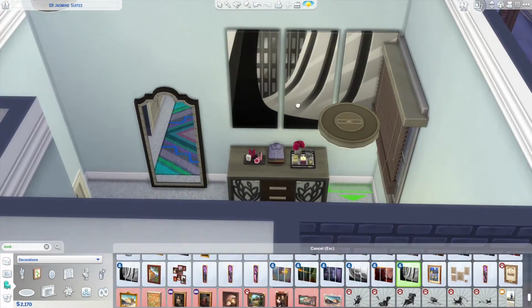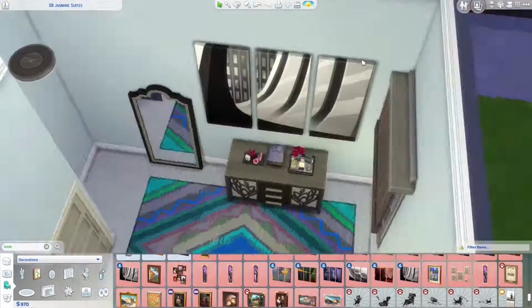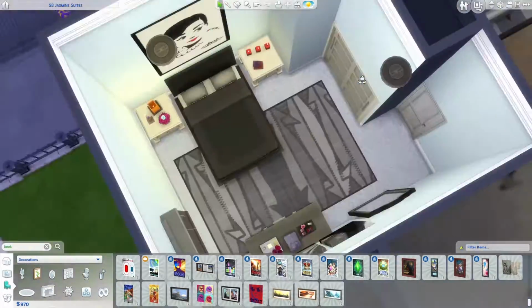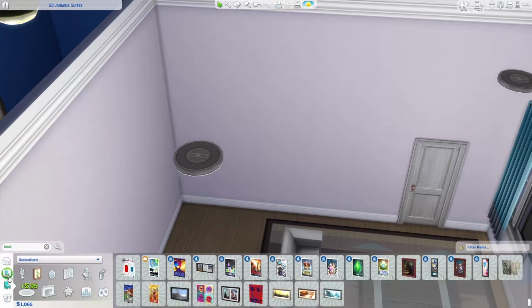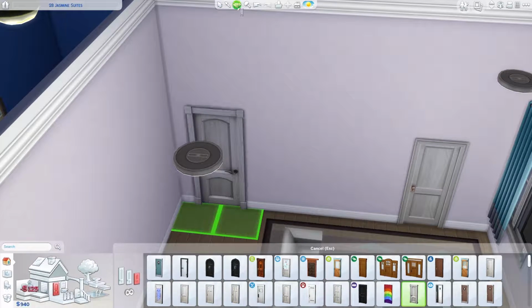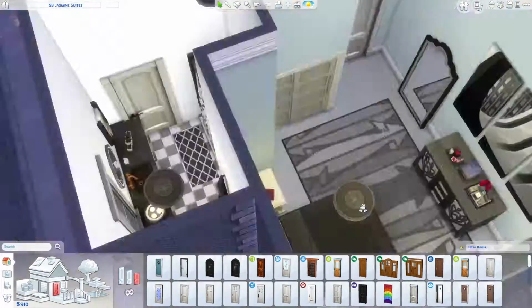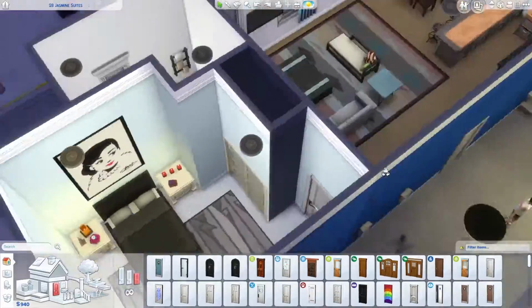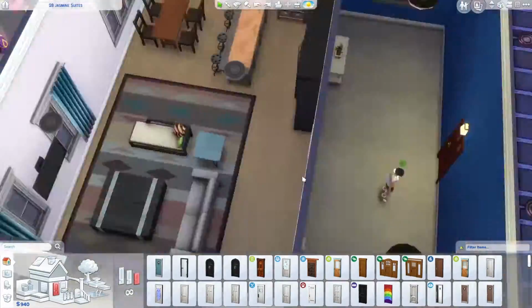Honestly, I think we're almost done with the bedroom here. I'm just adding in a couple more knick-knack items. Oh, I changed the rug. I forgot. I just went on about how much I loved the colorful rug and then I changed it. We're not even on the bedroom anymore. Oh my goodness. Anyways, so I changed the color of the rug to a gray, and you will see here